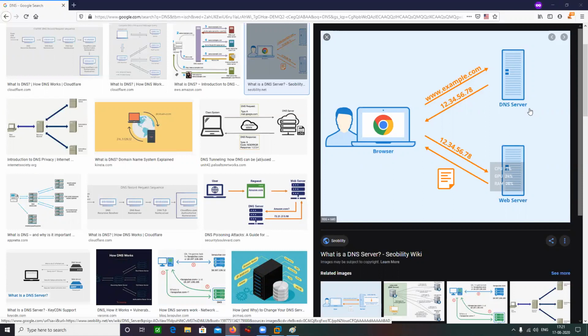So your DNS basically helps you resolve your domain names to the IP addresses. That is the whole purpose of DNS. Once your system gets to know about the IP address of the target website, then your system is going to make a request to that server, and that's how a request or response is going to happen. So just basics of DNS basically.